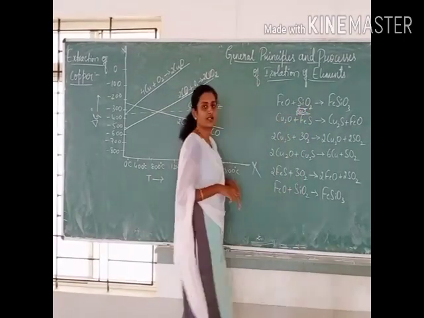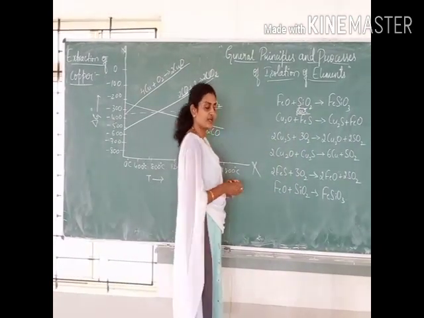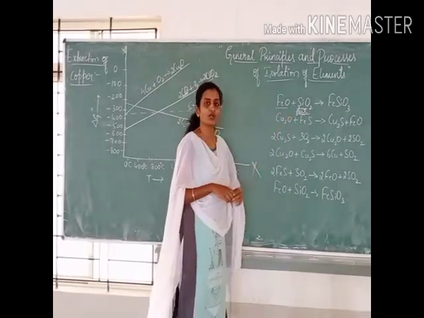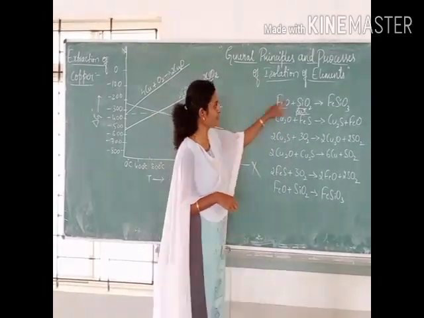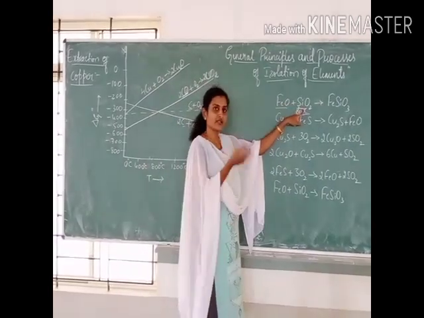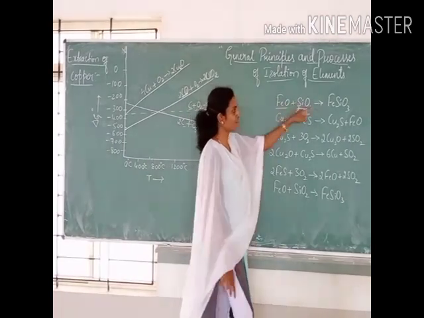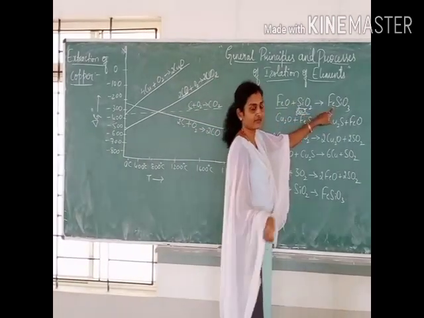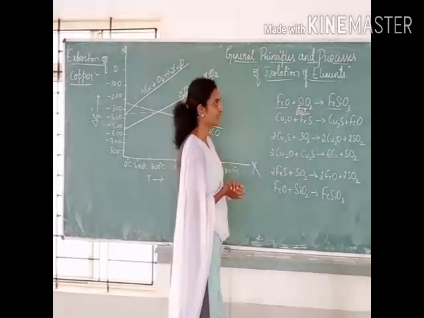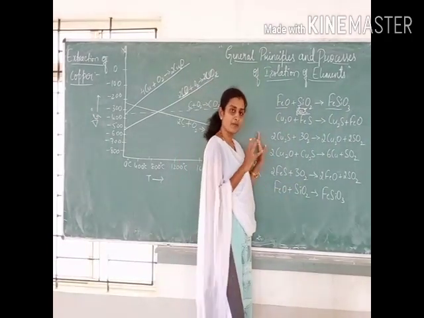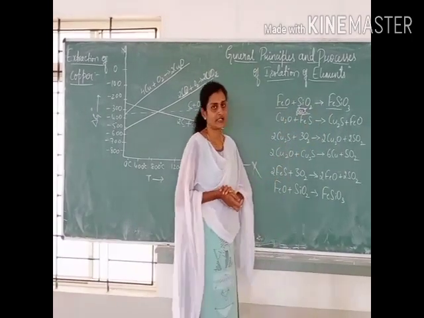Silica we are taking as a flux, because along with the copper, iron oxides will also be present as gangue particles or impurities. So in order to remove this, here externally we are going to take silica particles, because both are going to combine to form ferrous silicate. Okay, so it forms this. This comes as a slag. Slag means it is created as an impurity, as a compound. Both get separated out from the container.